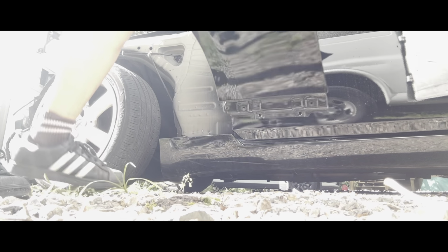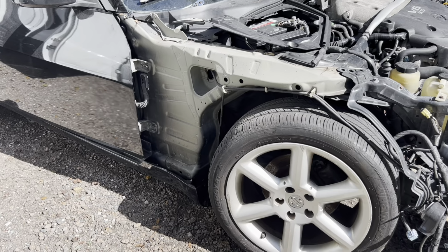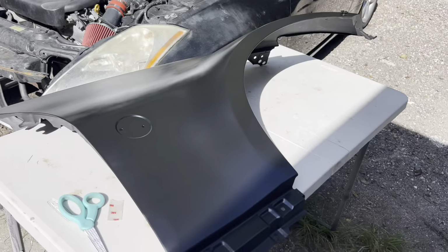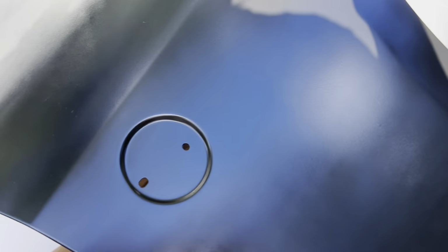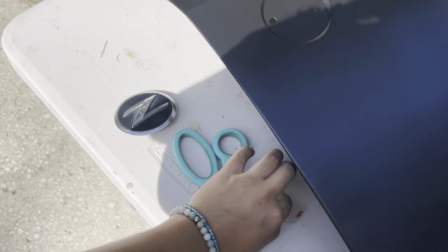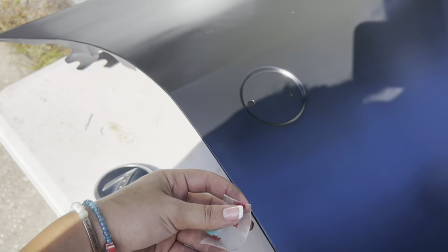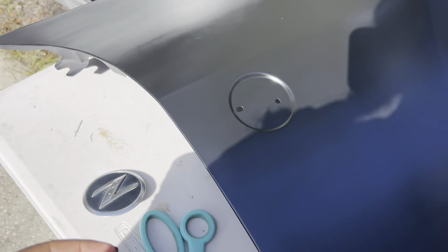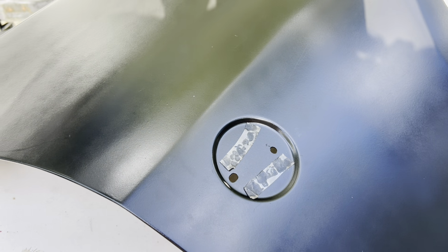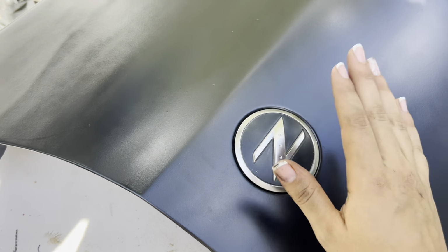All right, fender off. Now I'm gonna go ahead and put the new fender on. Here is the new fender, and then I took off the Z badge, and I have some double-sided tape here that I'm just gonna put on the back of this to hold it in pretty good. All right, I put the double-sided tape, and now I'm gonna pop the badge in